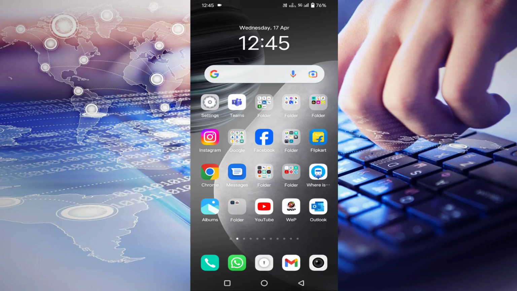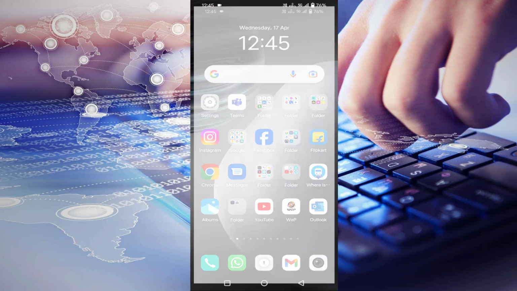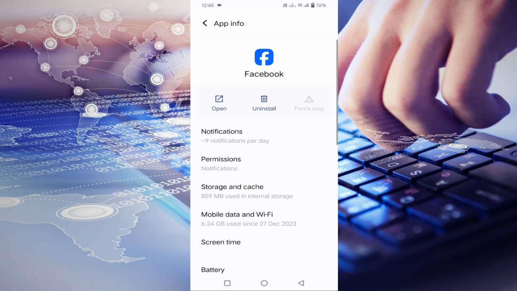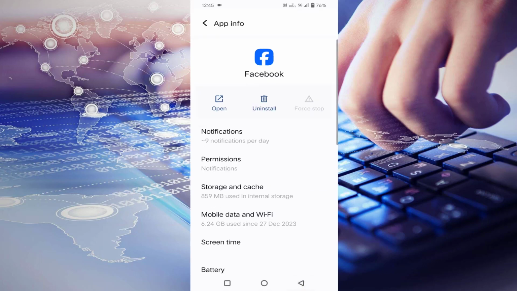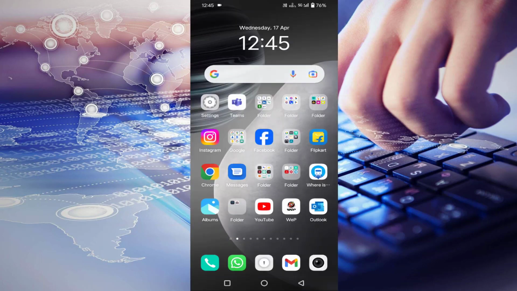After freeing up your storage, then long press on your Facebook app, click on app info. Once tap on force stop, then tap on OK. After that, you will see your storage and cache. Just tap on that. Once tap on clear cache, then go back, open the Play Store,